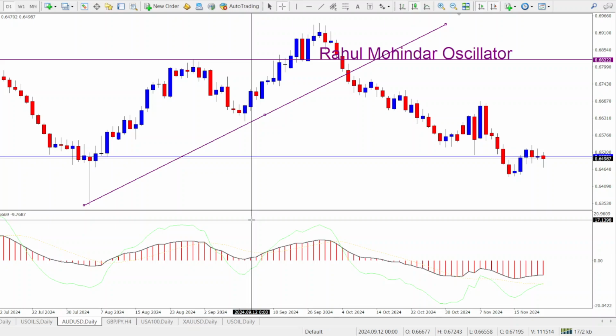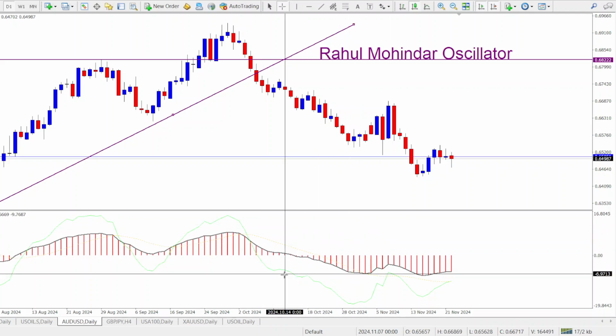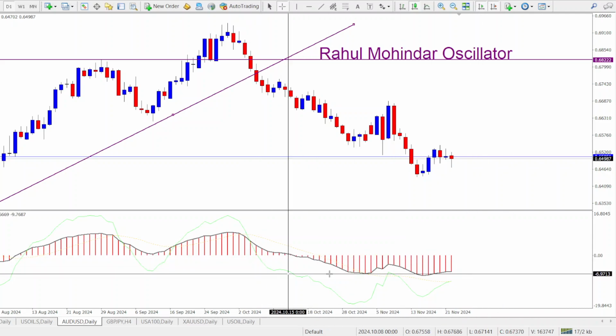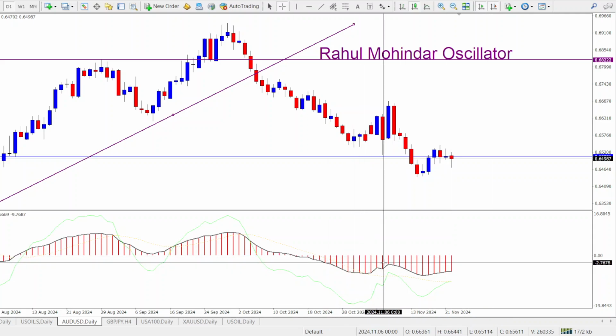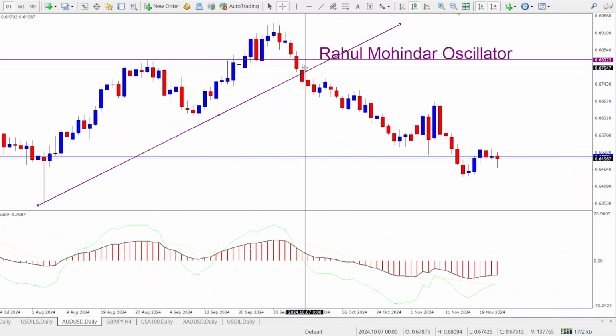Now let us look at an example for a sell. So for a sell, remember I said the first thing you should watch out for is the indicator being in the negative territory. All right, so this was formerly a buy trend, right, that just changed into a sell because we had a breakout here. So the indicator has flipped from the bullish territory into the bearish territory, from the positive territory into the negative territory,